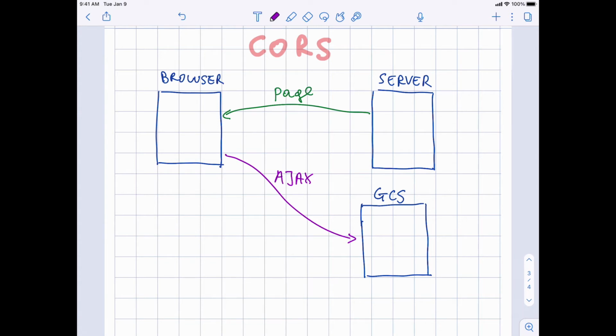This is essentially a call to a site that is not the origin of the page. This is an important fact, okay? So this site, GCS, is not the origin. And there is a policy on the web that same origin AJAX requests are always honored. Well, I mean, you can deny them on the server if you wish, but they are normally honored. But non-same site requests, such as this one, are subject to what is called the CORS policy.